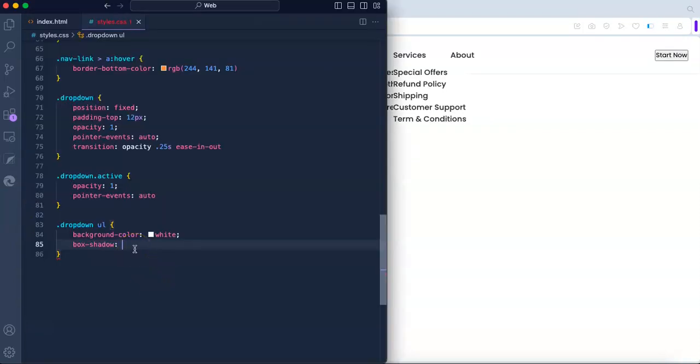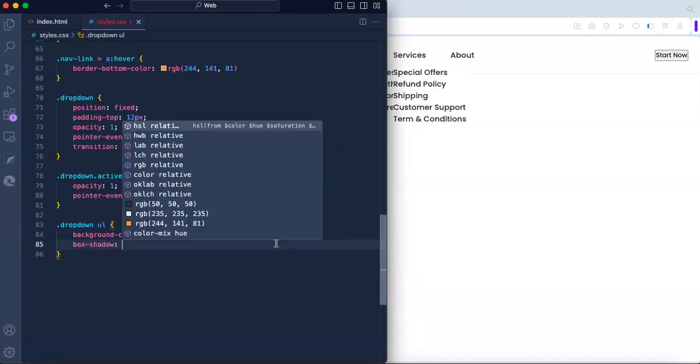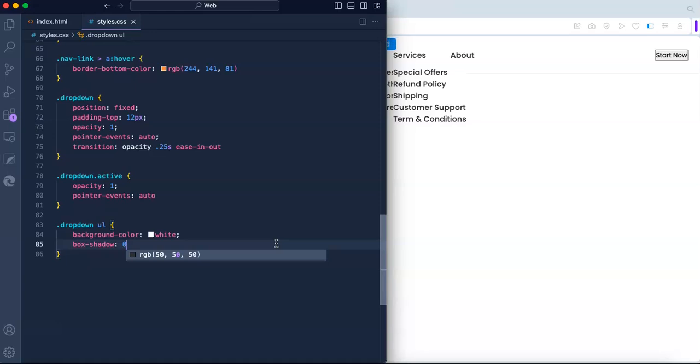Another thing is we're going to add a box shadow. So basically it outlines the drop-down menu, and this adds a shadow to this element. Alright, so we're going to be setting 4 properties. Basically, the first property will determine whether the box shadow appears towards the left or the right, and we want neither. The right side is positive, the left side will be a negative value, in pixels. But we don't want it to be towards the left or the right, so we're going to set this to